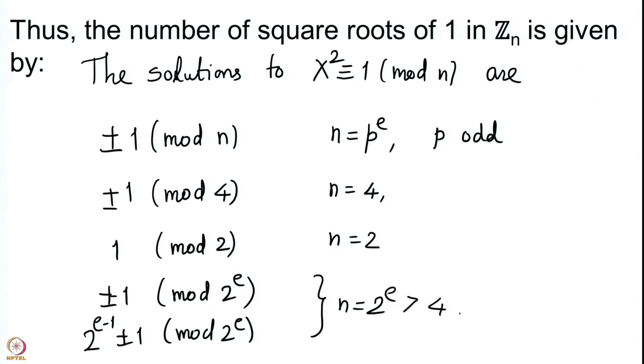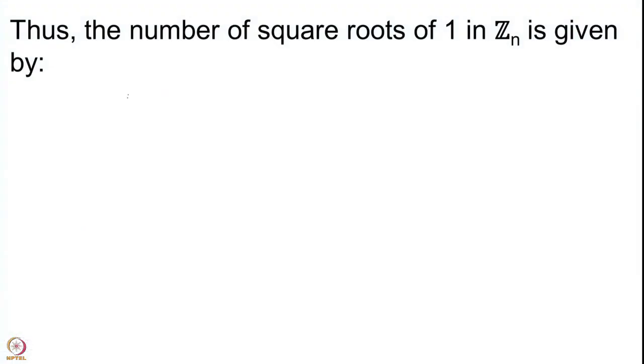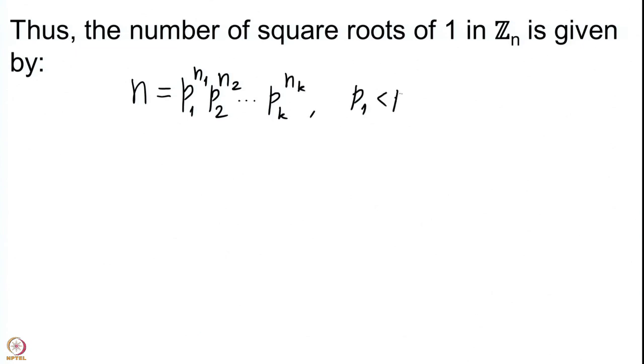So, we will take our n, write its prime power factorization, also put the p_i's in increasing order. So, p1 less than p2 less than dot dot dot. Then we will look at, so this is what we do, n equal to p1 power n1, p2 power n2 up to pk power nk, and we write it in this way.